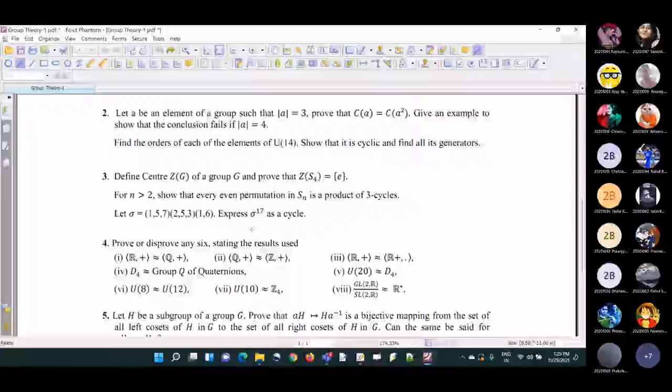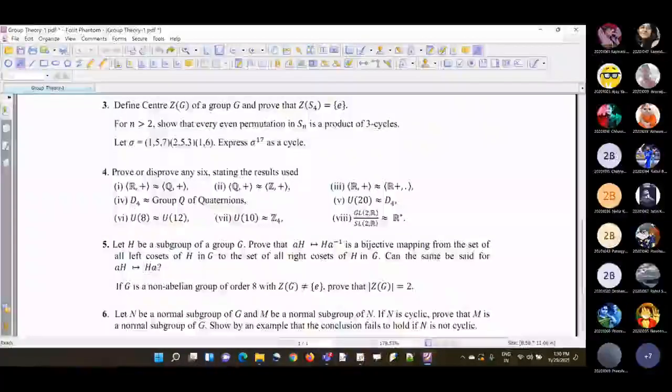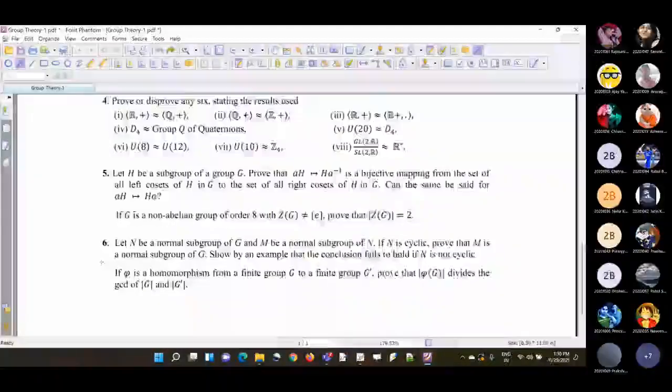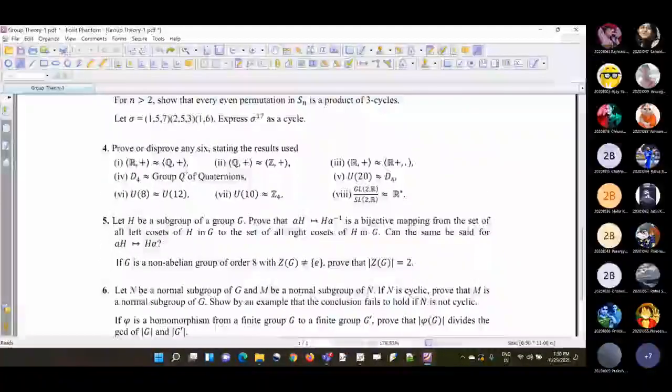So today, let us see if we can cover up to the third question, and there are question number 4, question number 5, question number 6. Question number 4 is that we need to prove or disprove that groups of order 8 are isomorphic or not. So we need to answer whether they are isomorphic or not.